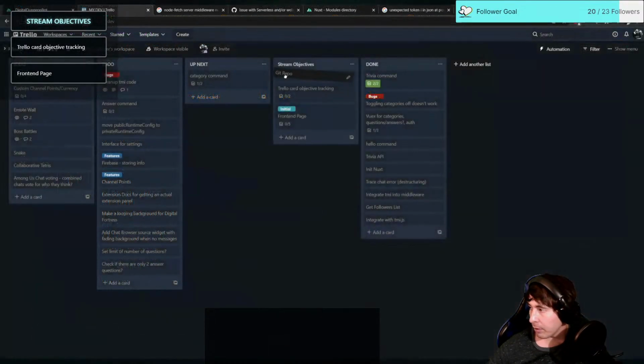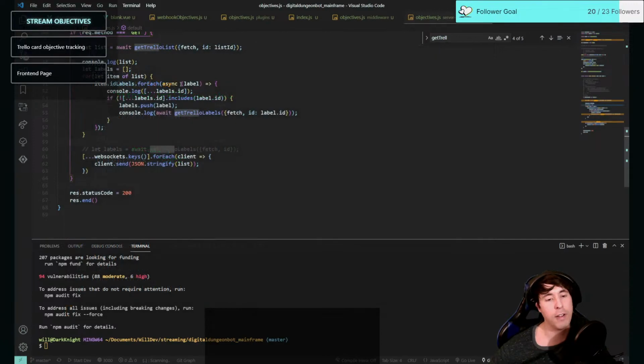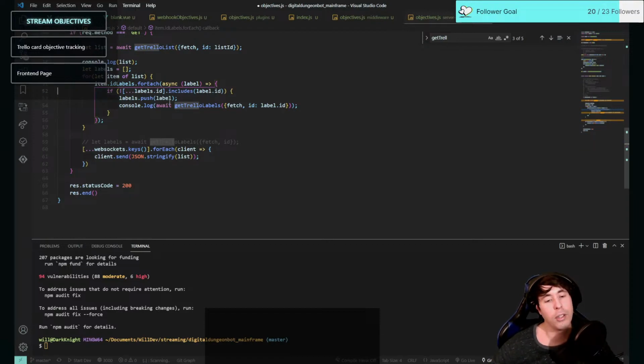Okay, so when we do this, let's take a look at what we got here. Labels, that ID is not iterable. That's fine, because now that I think about it, that's not gonna work. Okay, so that's not gonna work, but what we do need to do is basically